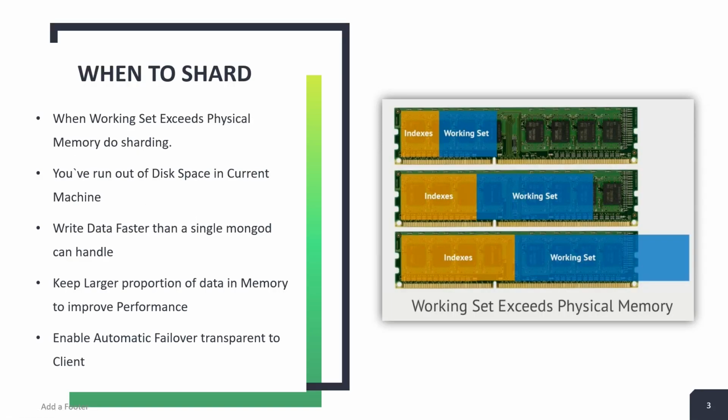So what are the scenarios you need to go for a sharding? The performance gain for MongoDB is achieved through the memory component. So basically the data set that is kept inside the RAM improves the performance of MongoDB. So that data set is nothing but a working set. So whenever your working set, or the data set that is kept in the memory, goes beyond the available physical memory, that is the time you need to go for the sharding. Apart from that, whenever your disk space is running out of space, where you cannot add more than the allocated space for the file system or the storage, then that is the time you need to go for a sharding.